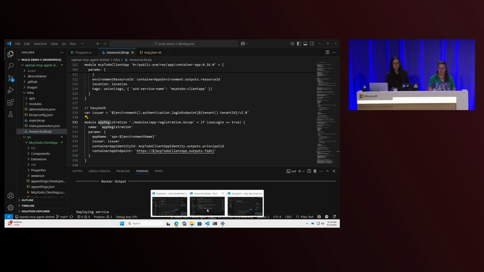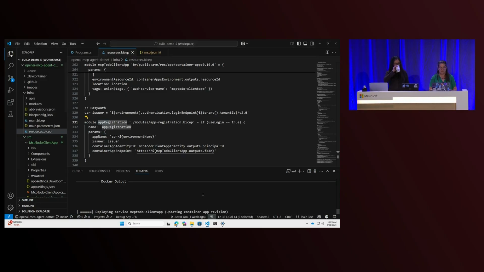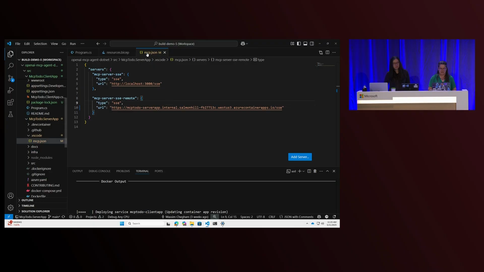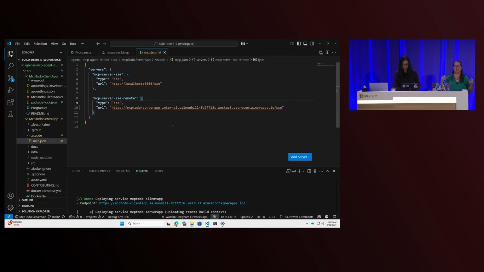Let's see if we are back up and it's still going. So it's redeploying our server so it's secure and deploying the client, and should be up in just a few seconds. One of the other things that we're doing is we are using Entra ID as part of that to help secure ACA, the container registry, and make sure all communications are secure. The way we've set it up, the first time you deploy, you launch the client, it will ask you if you are willing to accept the permissions to connect to it. It won't do that again this time because I've already deployed it several times.